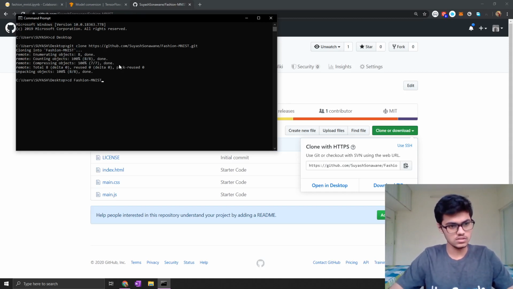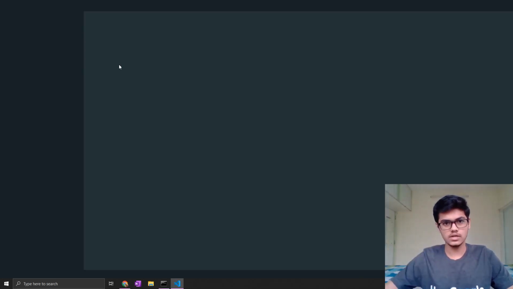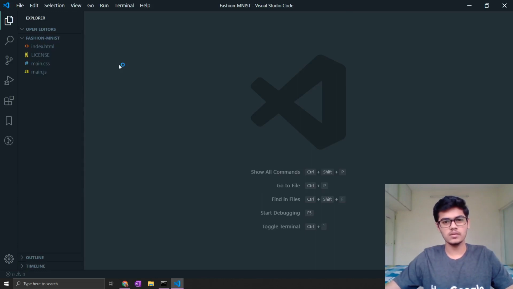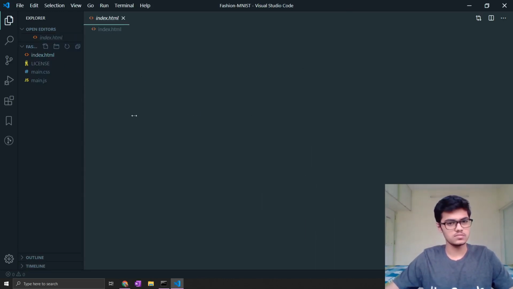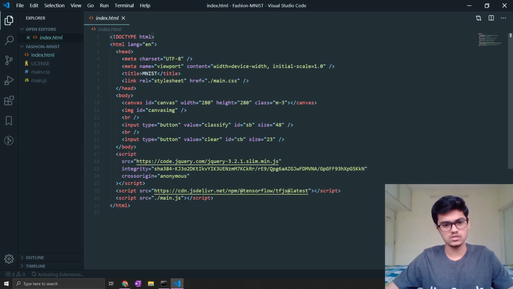Then we will cd into that folder. I will use VS Code as the text editor. You can use Sublime or anything, but I love this because it has many extensions.